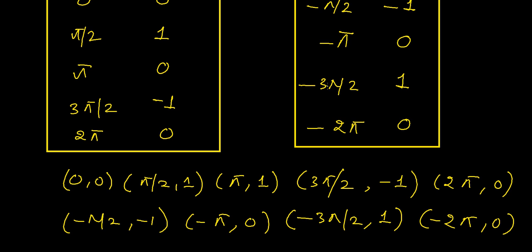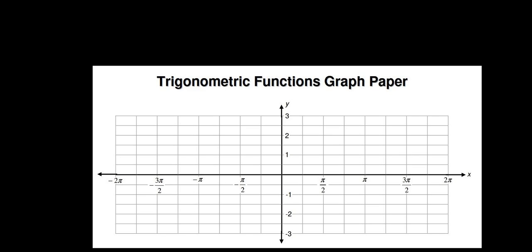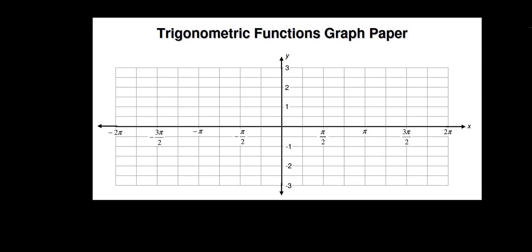Now we can put it on the grid and find the graph of sin x. So let me give you the grid right now. One moment. Okay, here is a grid. So the first point was 0 comma 0. Yeah, this is 0 comma 0. And the another point is pi by 2 comma 1. So pi by 2 on the x-axis and 1 on the y-axis. Distance from 0 to y-axis, that is 1. So this will be the point.